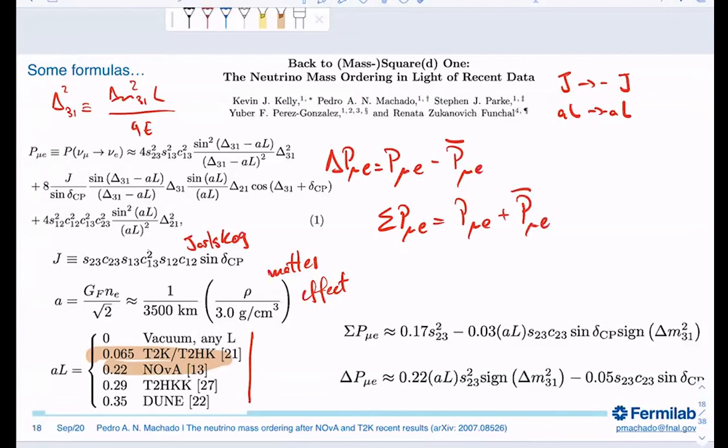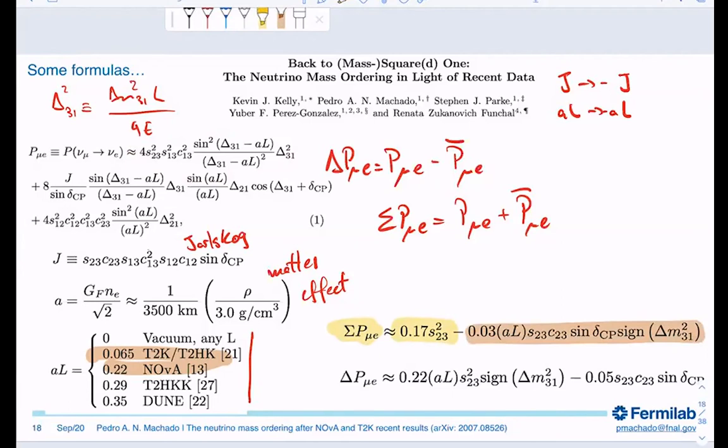And now you see that when you sum these guys, I told you that what flips sign is the Jarlskog and A L. When you sum these guys, the dominant term will be this one, because this term has almost no dependence on A L, very little here, because this sine is close to 1. So a small change here will not change the results very much. And there's no Jarlskog here. So that means that when you do the sum of probabilities, most of it is CP conserving. Most of it comes from the leading order term. And then there's a small amount here that is sensitive to CP violation.